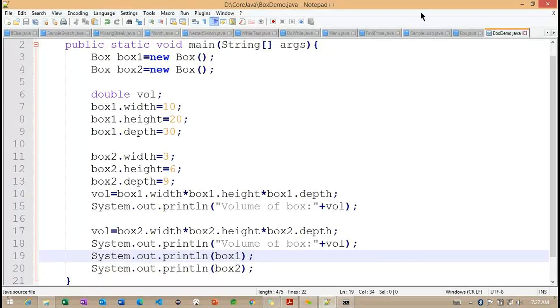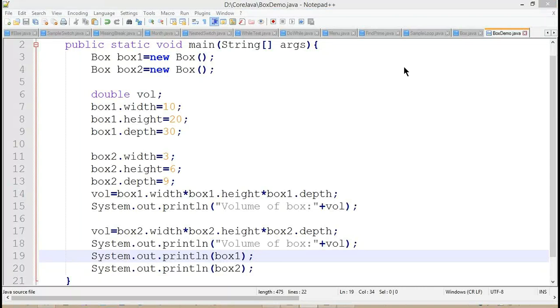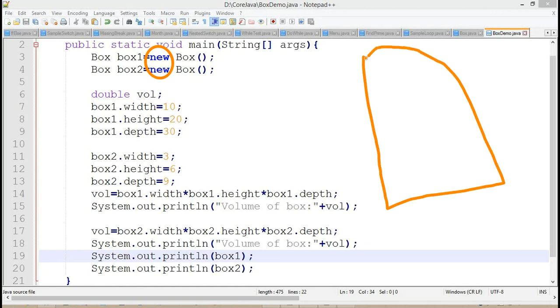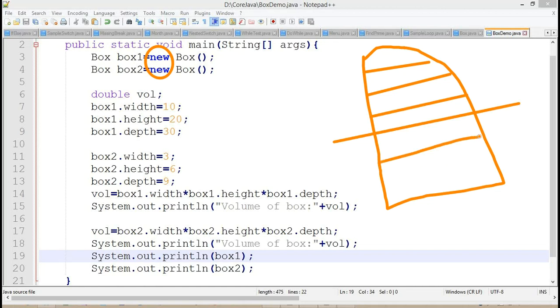As we discussed, whenever we create an object with the new keyword, the objects are stored in the heap memory. This section is for the box 1 reference and this section is for the box 2 reference.